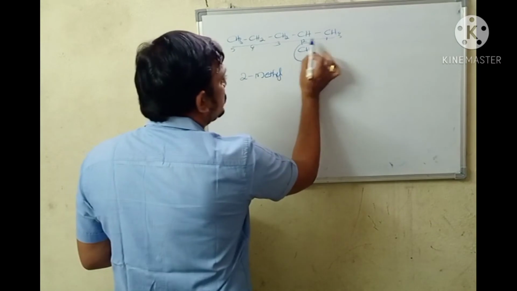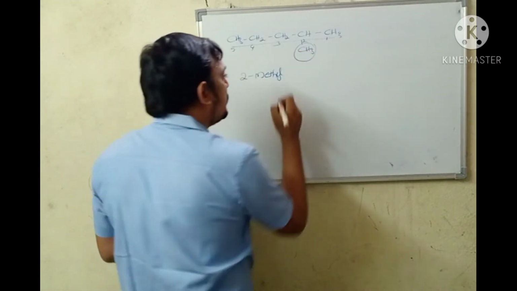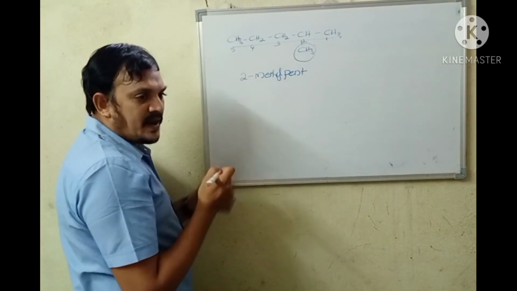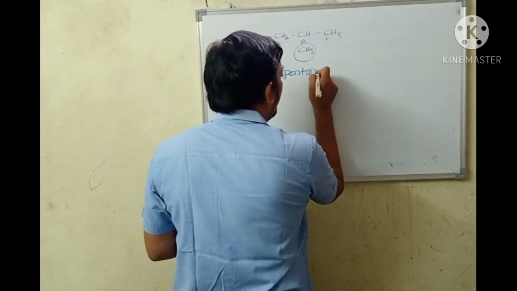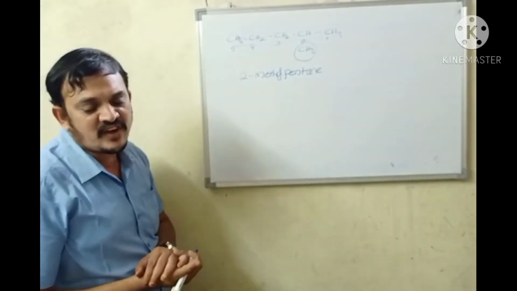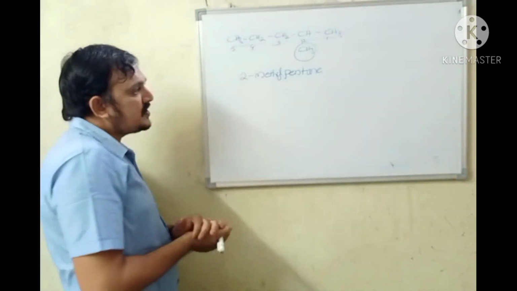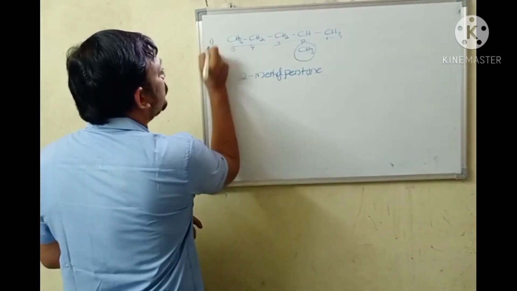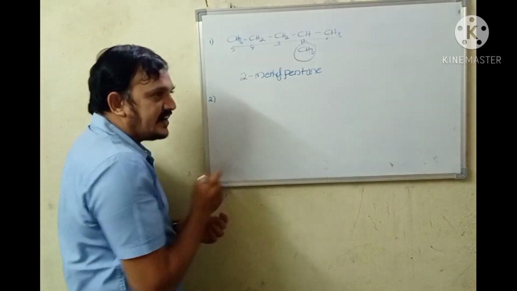Root word: 1, 2, 3, 4, 5, 5 carbons will get the root word pent. The primary suffix will be ANE. 2-methylpentane will be the name of the compound. In that, no secondary suffix will be there. Why? Because there is no functional group in that compound. Second example,